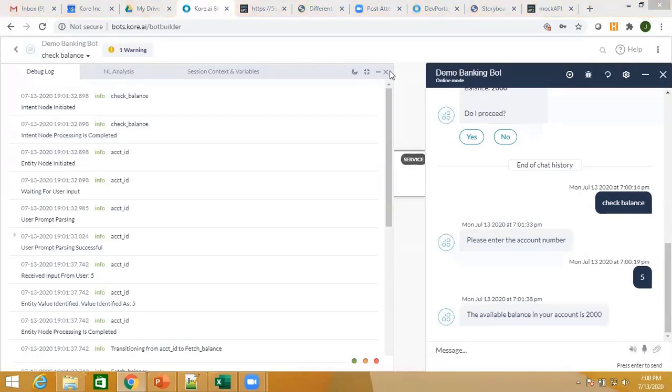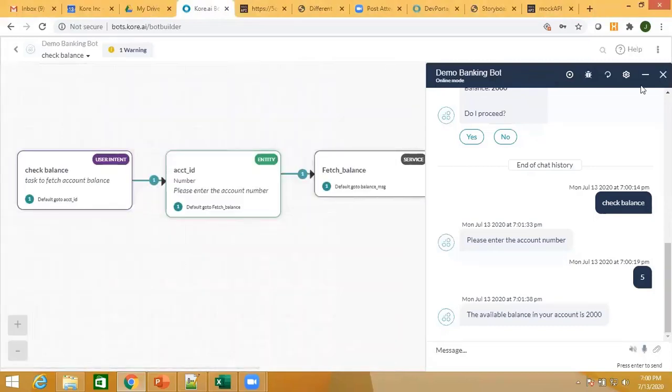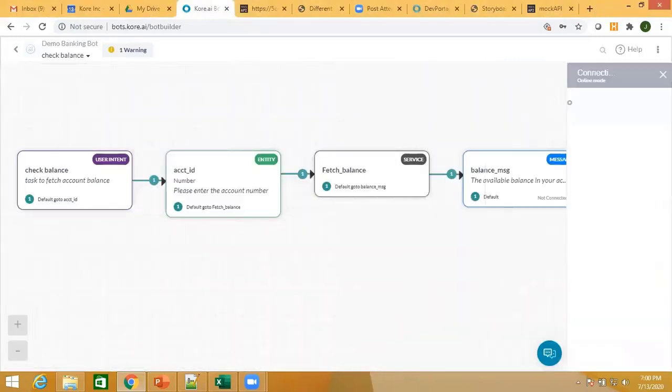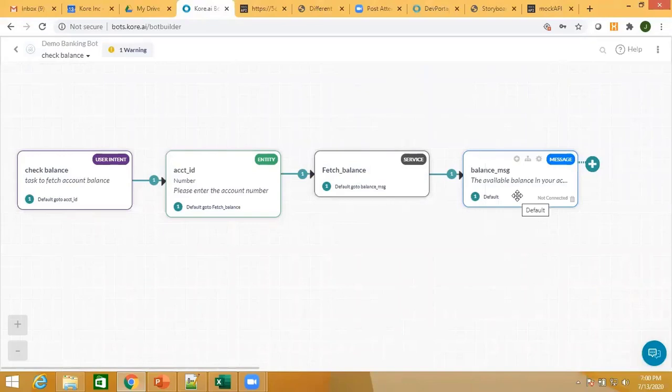The next thing, there's one more thing that you need to do over here. You cannot always assume that your API call is going to work. Today the user can give an account number for which there are no details in the backend. So you need to provide validation also over here. How can you do that validation?